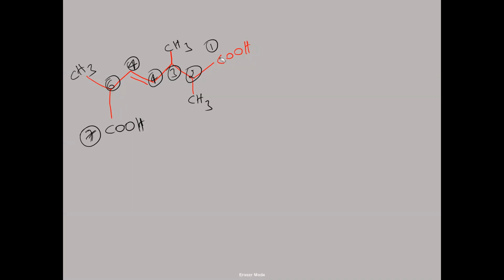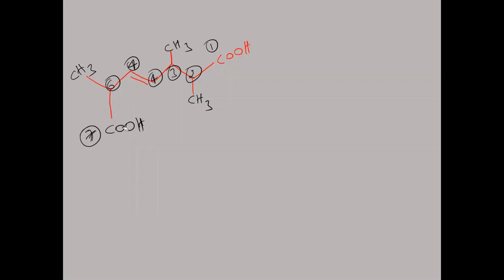Now we have to take the numbering from this COOH carbon to this COOH carbon, right? And now in this case, should we take the numbering this way, or start number 1 here? If we take this one, what are we getting? First carbon single bond, second carbon single bond, third carbon also single bond. But if we take number 1 here at the COOH carbon, first carbon single bond, second carbon single bond, third ene is coming, 3-ene is coming. If we number this way, we get 4-ene. So 3-ene should be preferred.